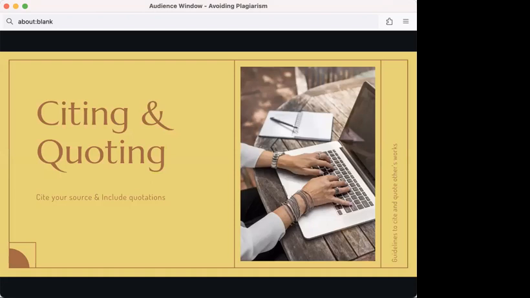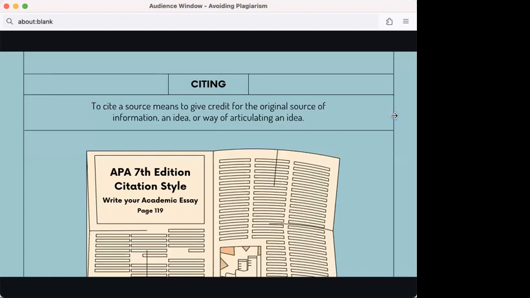by using citation and also quotation. To avoid plagiarism is actually easy to do, now that you have already had the foundational understanding of what plagiarism is. And in your writing, you can also cite and quote others' work or others' research results. I'm going to start our discussion with citing.